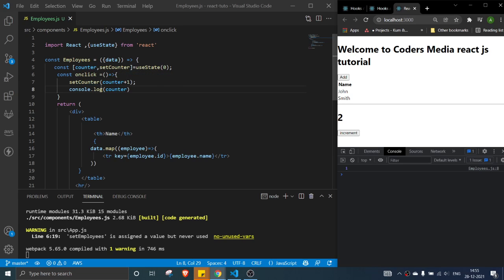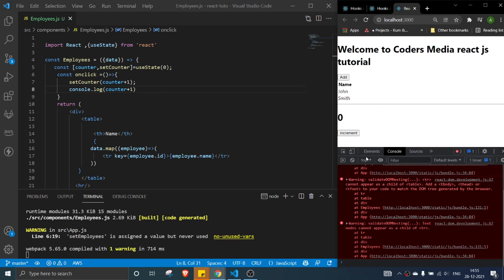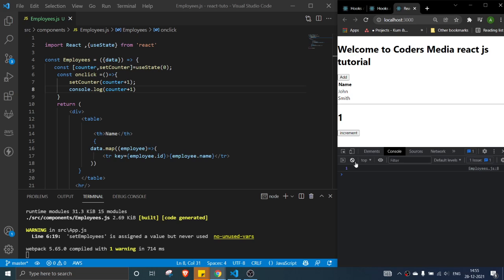This is just a counter we are having, so it's counter plus 1 as the value. Now let's refresh from scratch and try: 1, 2, 3, 4, 5.